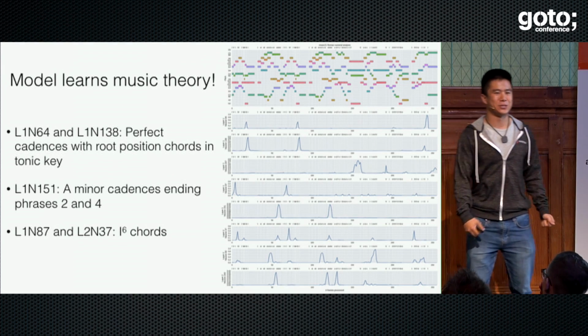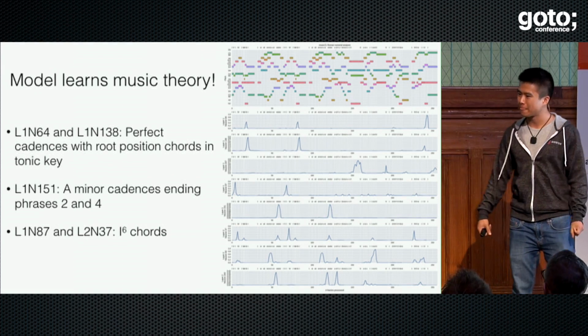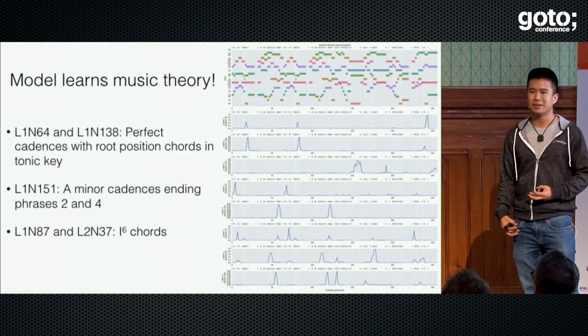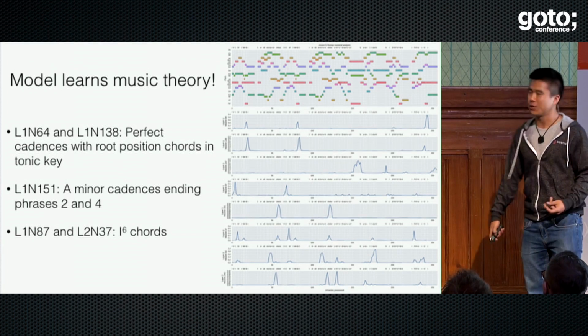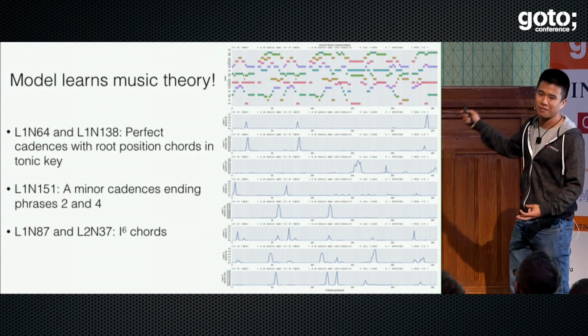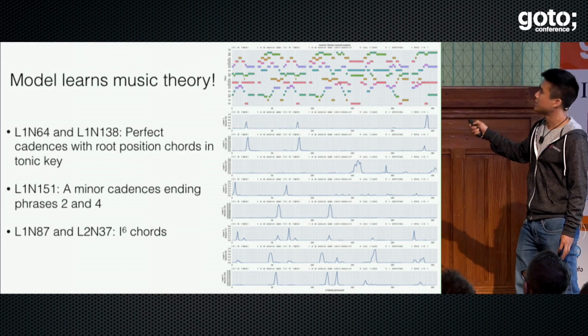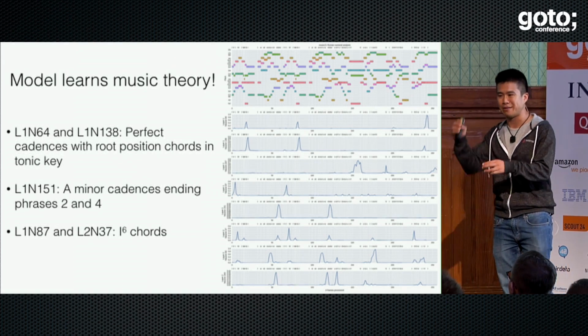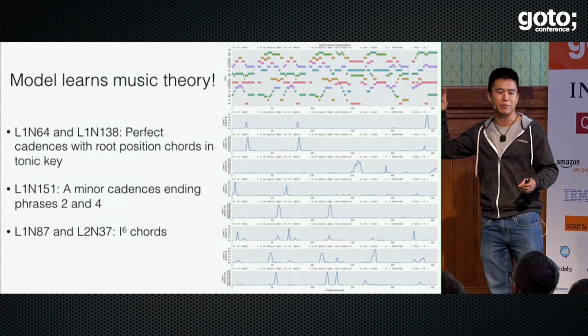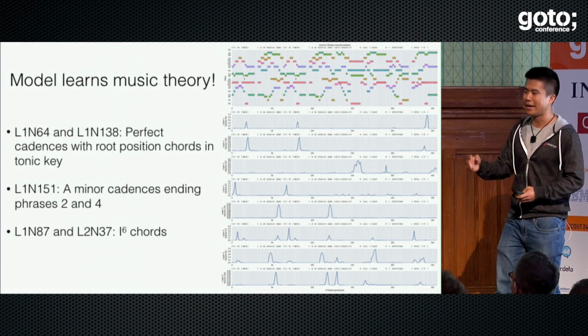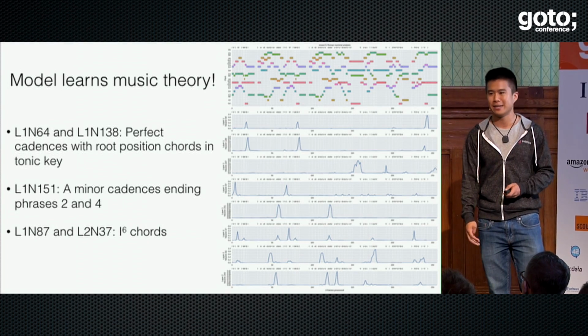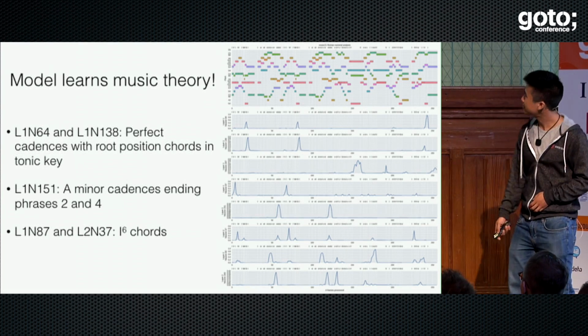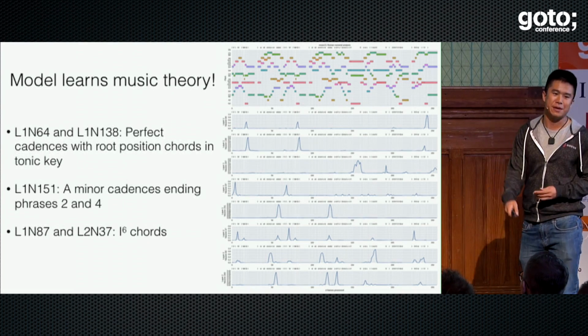Here's one of my most interesting insights that I found from this model. It appears to actually be learning music theory concepts. So what I'm showing here is some input that I provided to the model. And here I picked out some neurons. And oh no, these neurons are randomly selected. So I didn't just go and fish for the ones that I looked at. Rather, I just ran a random number generator, got 8 of them out. And then I handed them off to my music theorist collaborator. And I was like, hey, is there anything there? And here's the notes he made for me.